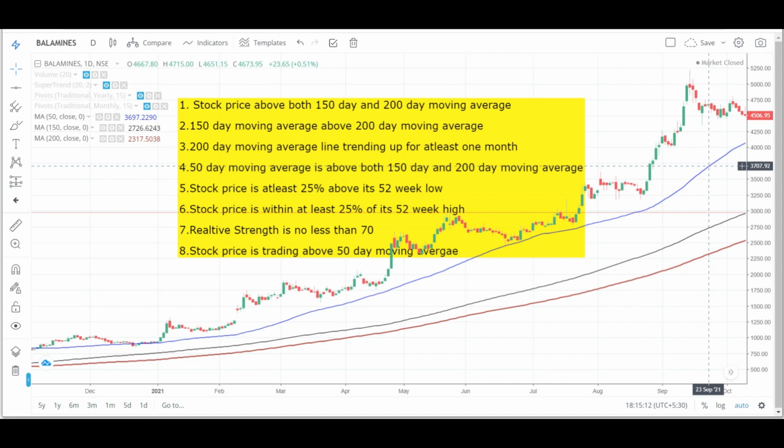Hopefully you guys have understood what the criteria are. I will make further videos on how to trade and other things in more detail. For now you guys can start with this, and let me clarify that this is much different from price action trading. You don't need to draw any trend lines and other stuff. In my next video I will show you guys how I select stocks using these criteria. So you will have a much better idea how to trade using Mark Minervini's trend template.